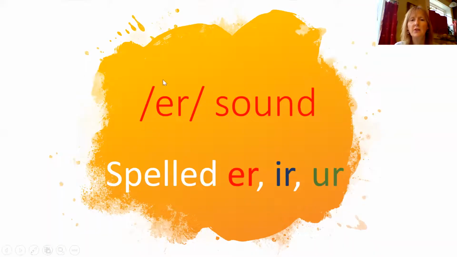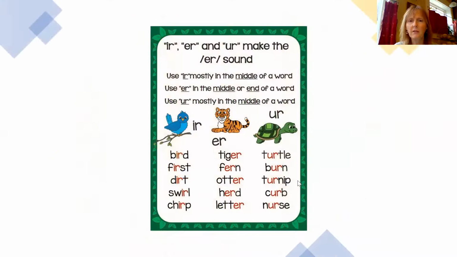So here's the sound. When we see these two bars on either side of a sound, a set of letters, it means that's the sound we're talking about. And they're spelled ER, IR, and UR. Here's a great way to remember, in part, that the IR is mostly in the middle of the word, the ER is in the middle or the end of a word, and the UR is used mostly in the middle